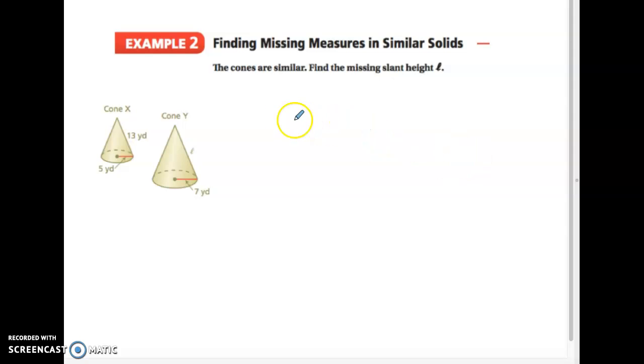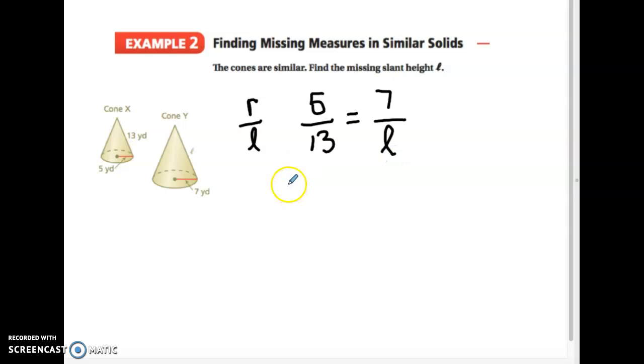Example 2. It's telling us these cones are similar. So we want to find the missing slant height. So let's set up a proportion. Let's do radius over slant height. So cone X, the radius is 5 and the slant height is 13. And in cone Y, the radius is 7 and we don't know the slant height. And then we're just going to use our